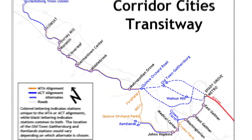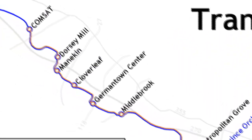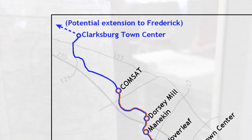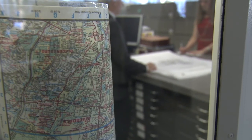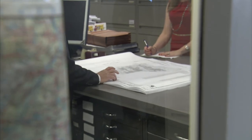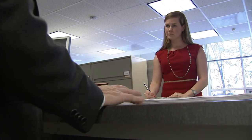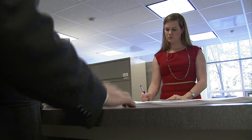The Corridor Cities Transitway is all set as far as what the alignment is, and that it will be bus rapid transit. The other corridors, we set aside rights of way in the master plan so that those studies could move forward, and that we would be sure that we would be able to accommodate it in the public right of way. There are two project planning studies going on right now, one for Bees Mill Road and one for